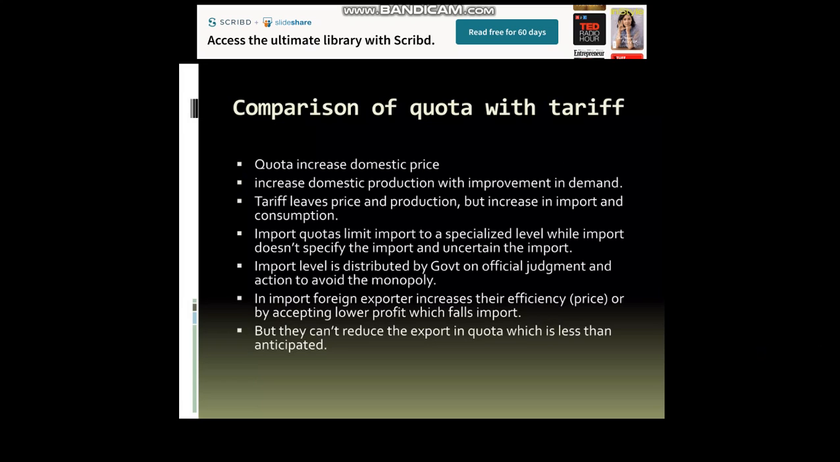In a tariff, foreign exporters can increase their efficiency or accept lower profit, which reduces import, but they can't reduce the export in a quota which is less than